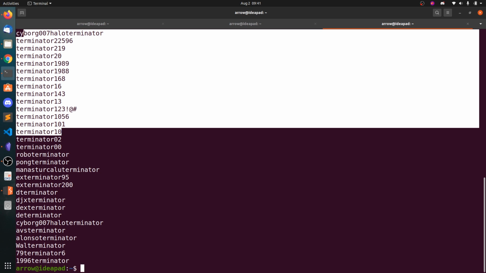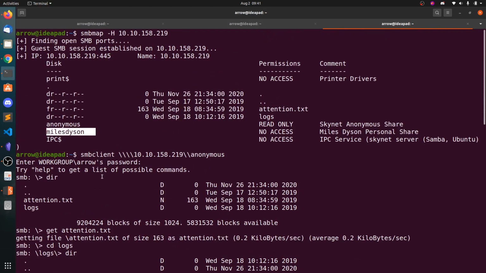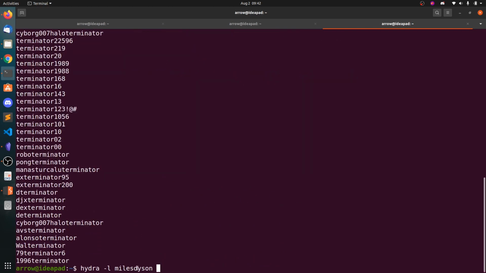So since the SSH port is open, let's use Hydra to brute force the SSH login. So let's say milesdyson is the username, because you can see here the share name is Miles Dyson, and probably the SSH login should not contain spaces. So that's why let's go for milesdyson now.